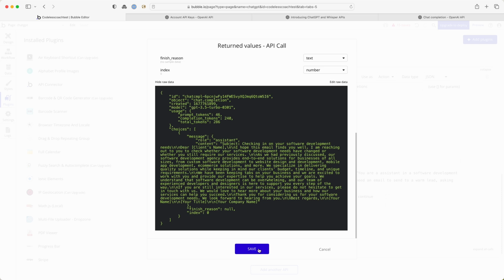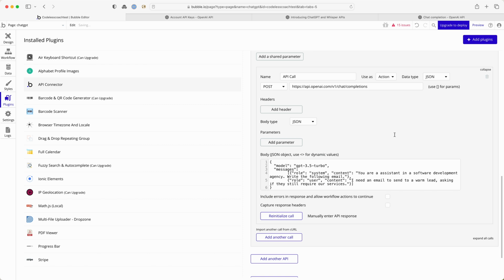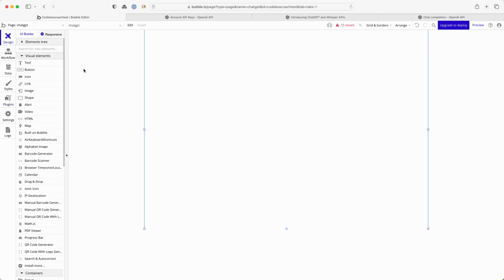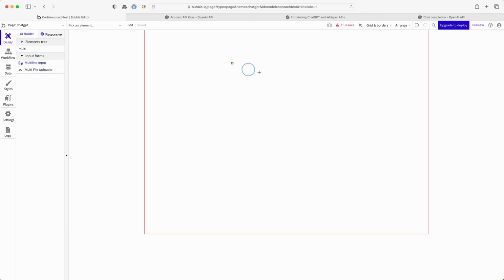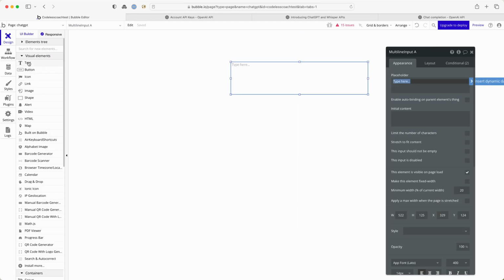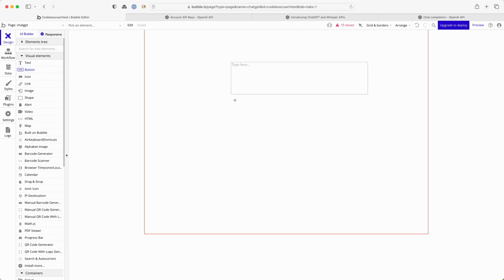So how do I go about saving this into my Bubble app? So now I've initialized it through the API connector. I can say generate text with ChatGPT. There we go. And if I go onto a blank page, I'll add in a multiline input because that's going to be my user input, and then, shall I save it or shall I put it in a custom state? Let's save it this time around. So I'm going to have a button,